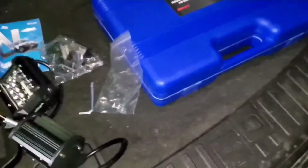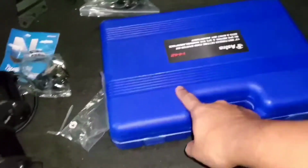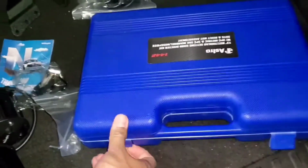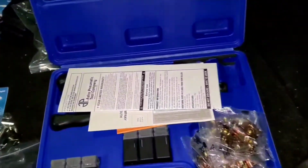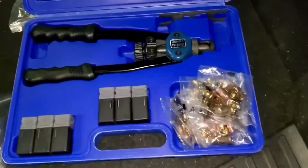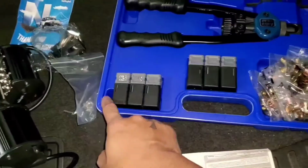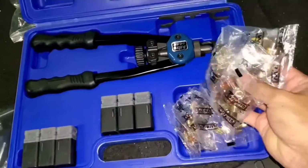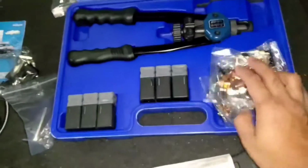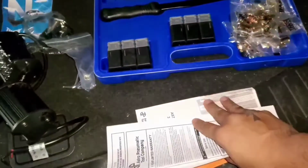And last but not least, they came with mounts. Last but not least, I got myself a Rivet Kit. Wow, you can tell this is brand new, like that. So I got to work on how to use this, what size to use. I got 6 different rivets and lots of different screws. So I'm gonna read the instructions how to properly use this, and then I'll probably do a DIY on how